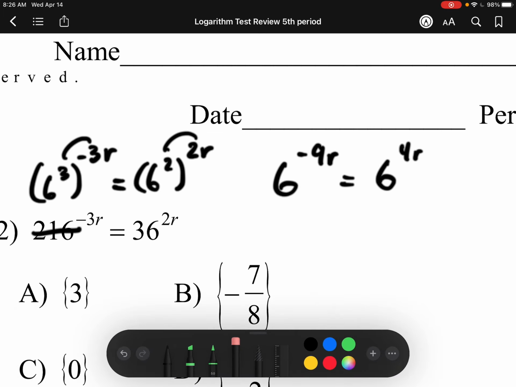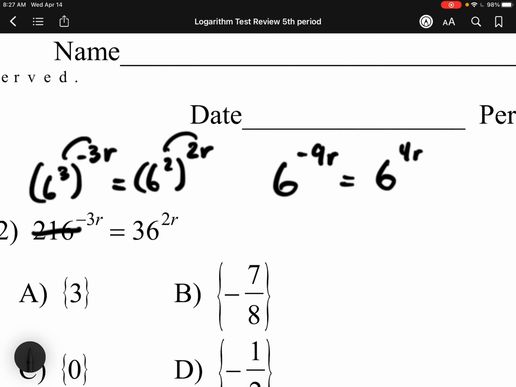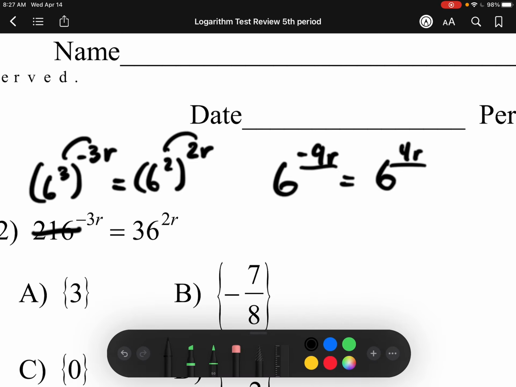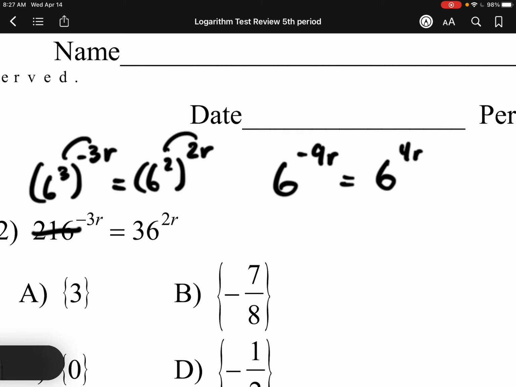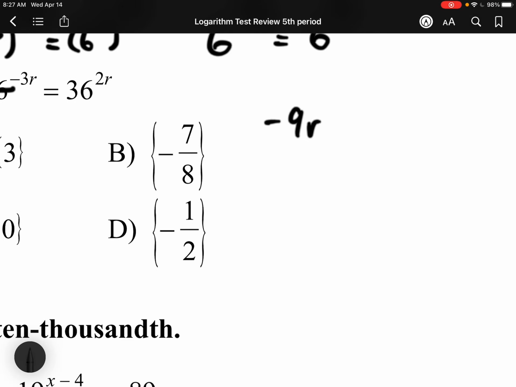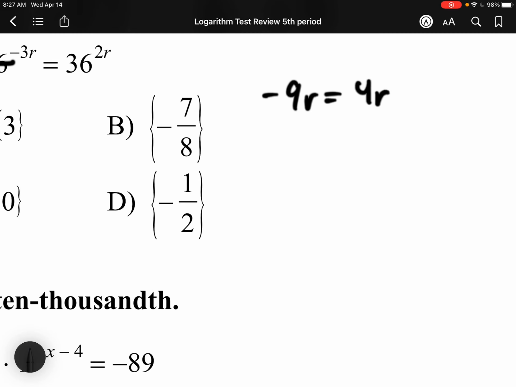So now that our exponents are simplified and our bases are the same, we can go ahead and solve, right? Now that we have the same bases, we're going to set both of the exponents equal to each other and solve for r. So I have negative 9r is equal to 4r. Now, this looks a little strange because there's no constants, right? There's no plus or minus, just a number with no variable. But we're going to follow the same steps that we always follow, and that's going to be to